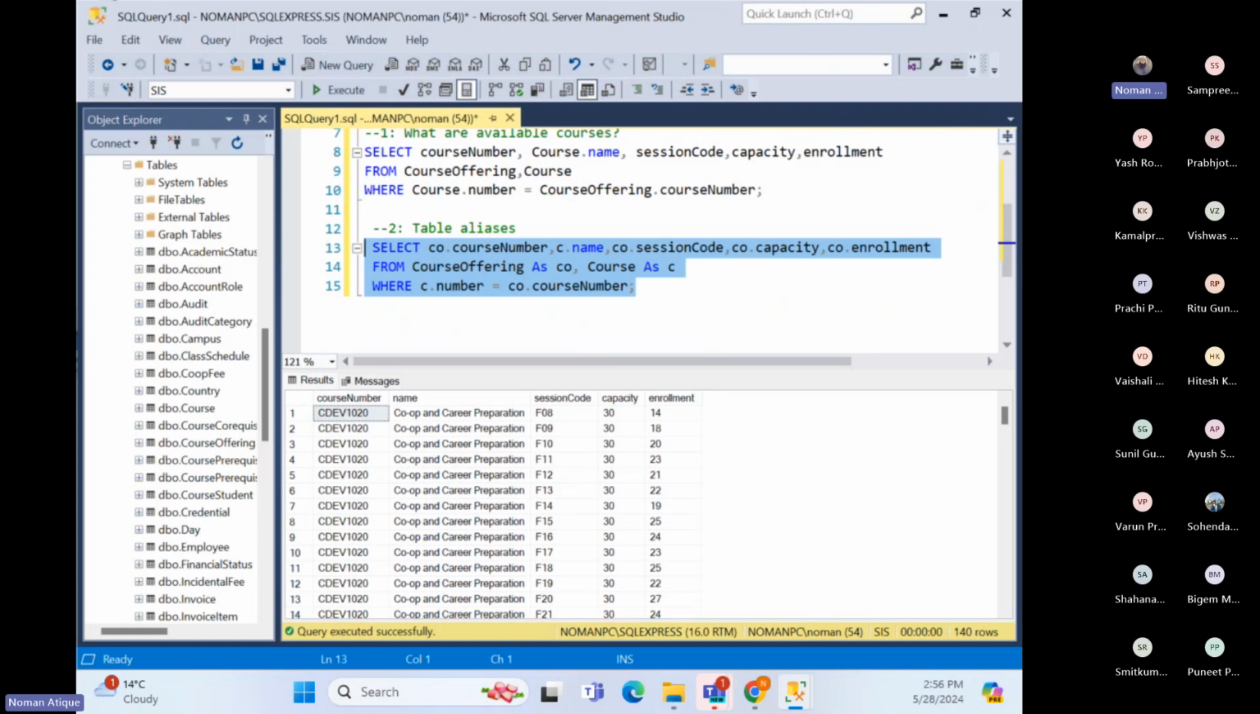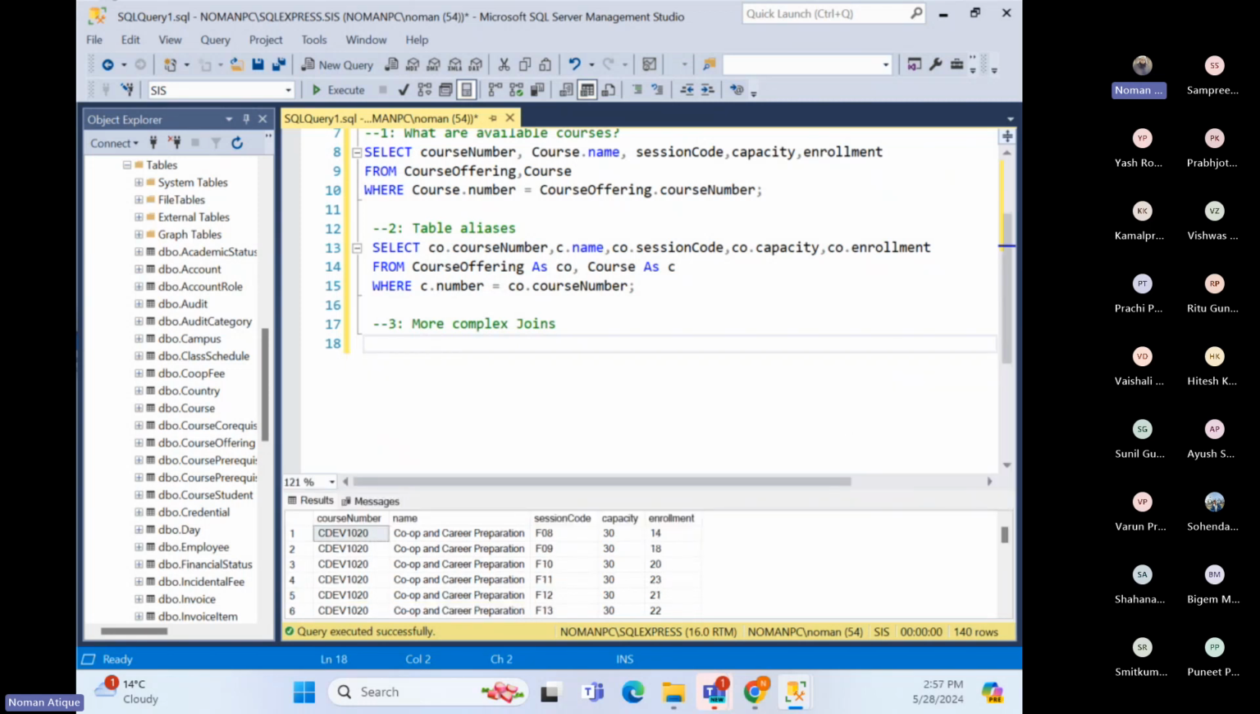Okay, now let's make a little bit more complex join. That will be interesting. Number three, more complex join. Now we want to see how we can get much more complex data from that. So let's say select